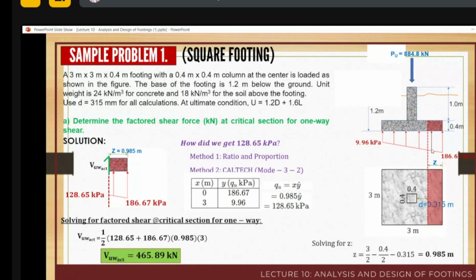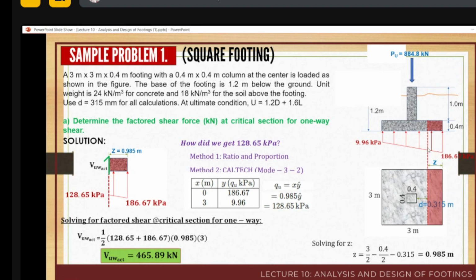Since we already have the net area and this section here, we can solve using this portion here. So if the q max is 186.67, then